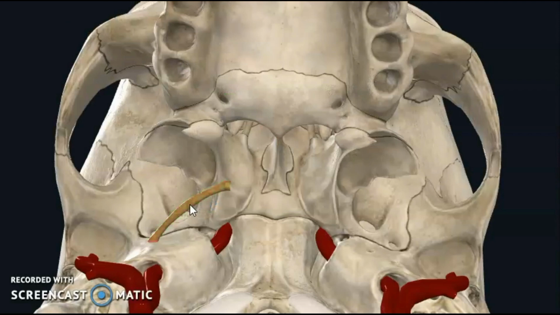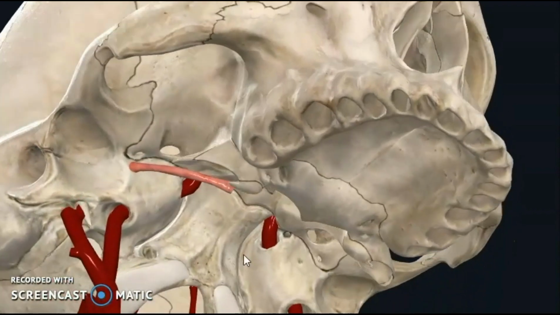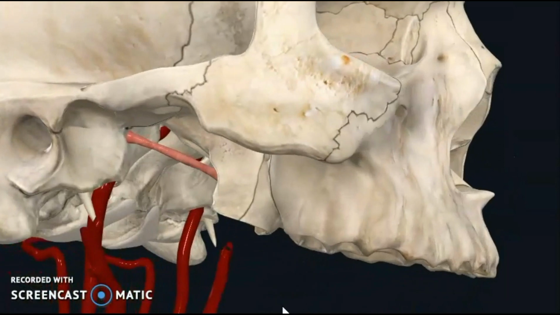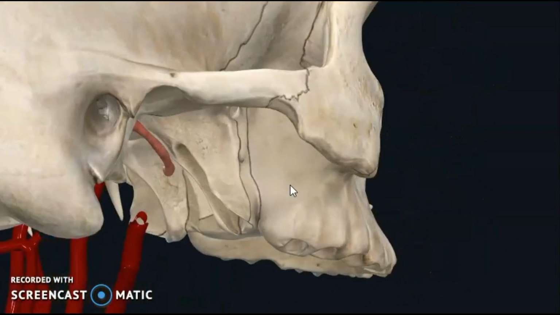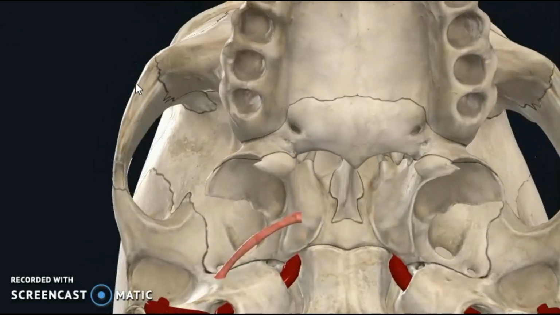Whereas the lateral pterygoid plate, medial surface, medial pterygoid muscle, lateral surface, lateral pterygoid muscle, and this is the eustachian tube or auditory tube. You can see it lodging in the sulcus tubae, lateral to the petrous bone and medial to the sphenoid bone. Tensor veli palatini is closely related. It is also called the dilator tubae. It tenses the soft palate and dilates the auditory tube.